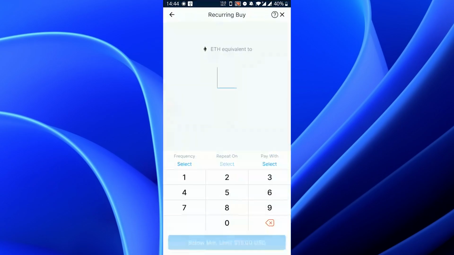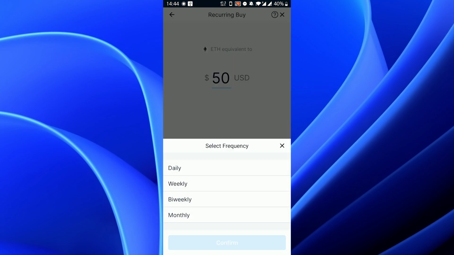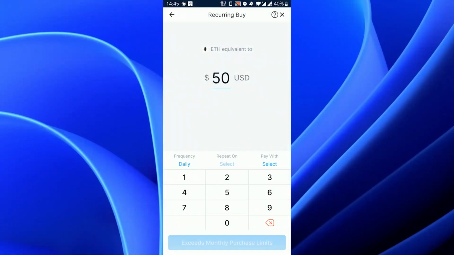and click on ETH. Here first of all you need to choose how much money you want to put in every so often. So let's say I want to buy $50 every single purchase. So I'll type 50 and here you need to choose the frequency. So if you click on select, you can choose between daily, weekly, bi-weekly and monthly. So let's say I want to buy Ethereum every day. I'll click on daily, click on confirm, and you will see that repeat on is disabled because it will